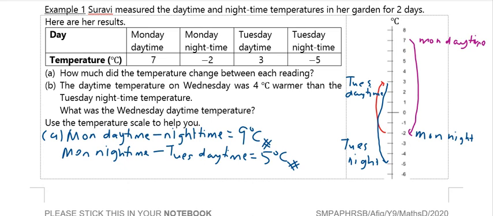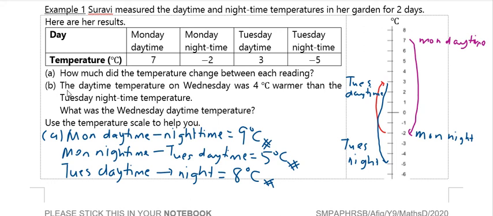You can see from +3 to -5, we count it step by step: 1, 2, 3, 4, 5, 6, 7, 8. So Tuesday daytime to nighttime, how much does it change? 8 degrees Celsius. Or you can use the idea of which one is the highest temperature and the lowest temperature,